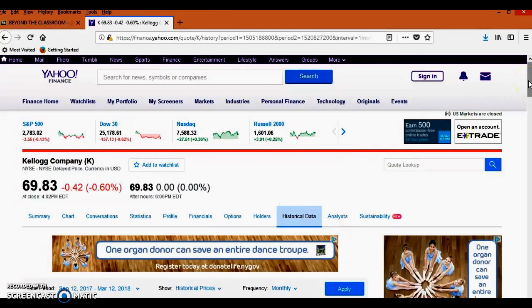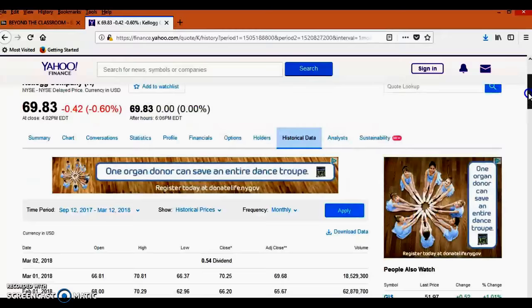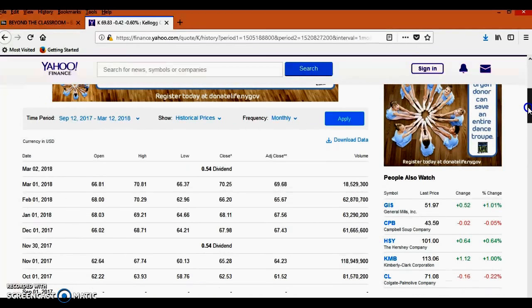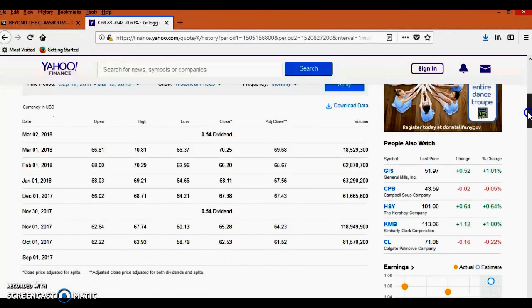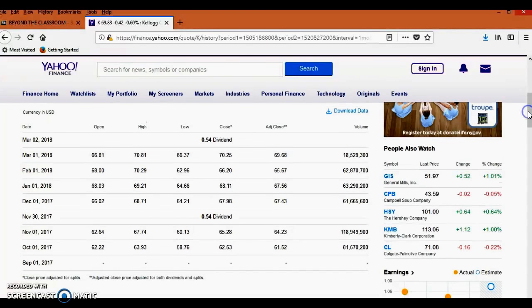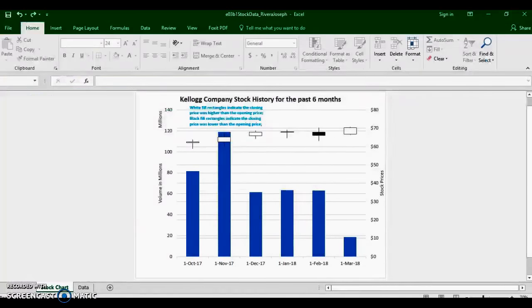This is the week 6 assignment involving stock market data within a 6-month period for a specific company of your choosing. The company that I chose was Kellogg Company on the Yahoo Finance page, which we were told to go to from the assignment. This is the data for their 6-month period. This data needed to be copied and pasted into Excel